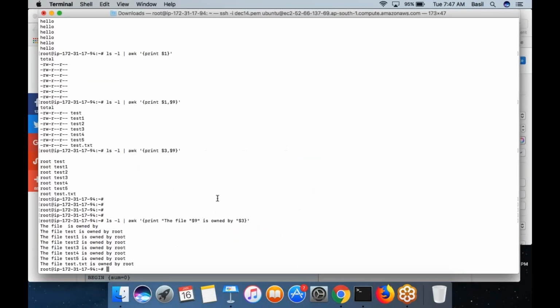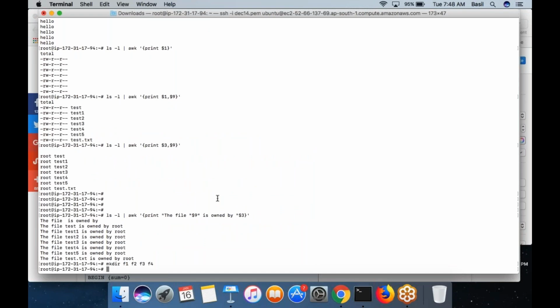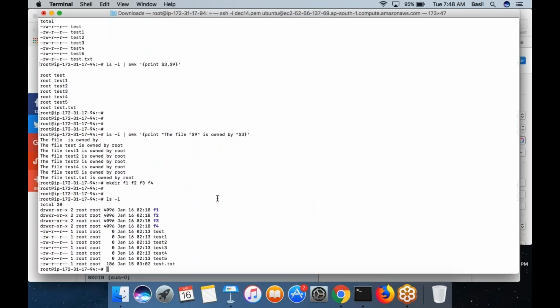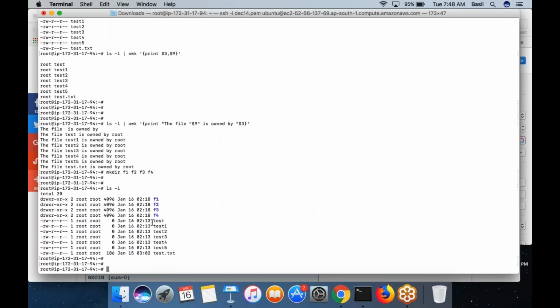So now let's say I'm creating some folders also. So I have these many folders and these many files with me. Now what I want to do is, this fifth column indicates the size of the inode. So basically I want to add these values together and I want to see the sum. That's my intention. Whatever I have in the fifth field, I want all those values to get added up and I want my awk command to print the sum to me.